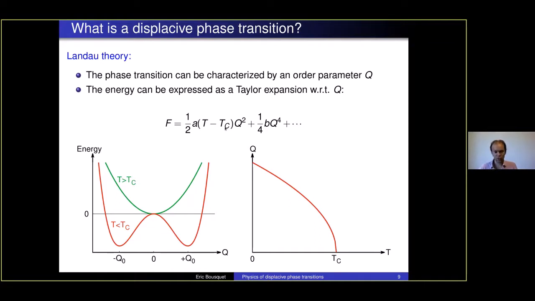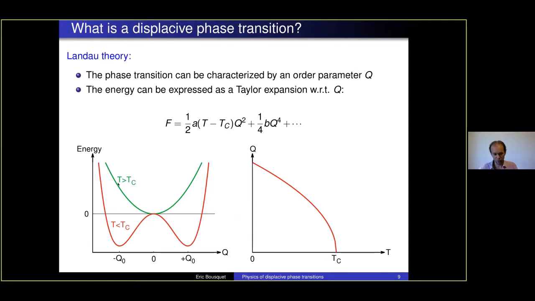And if you look carefully, it's really convenient to describe our type of phase transition, because why? Here you see, suppose that A is positive, the A coefficient here is positive. Now, if T is larger than the critical temperature Tc, this coefficient is positive. This means the Q squared term is positive, and you end up with an energy landscape given by the green curve here, a single well. You see here the minimum is at Q equal to 0 exactly.